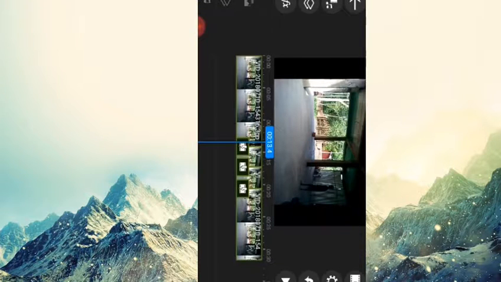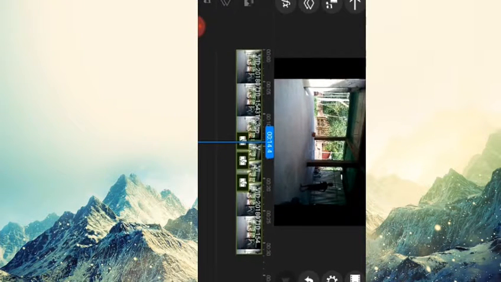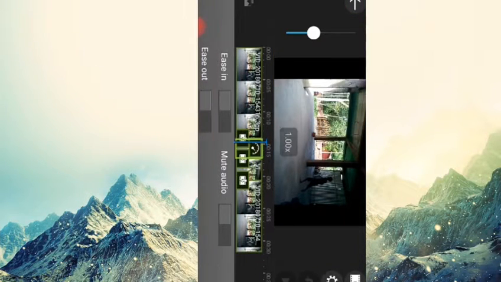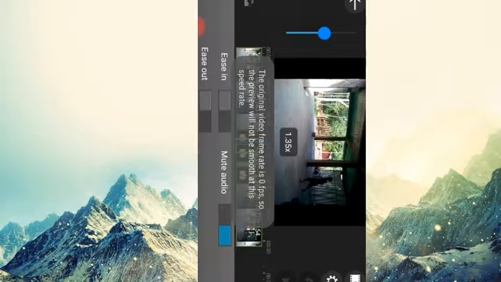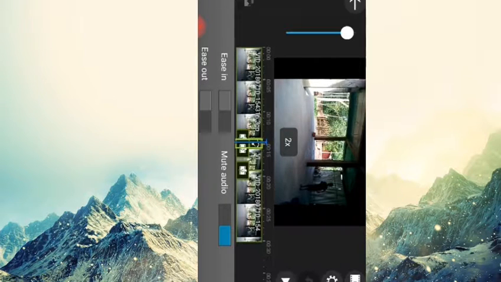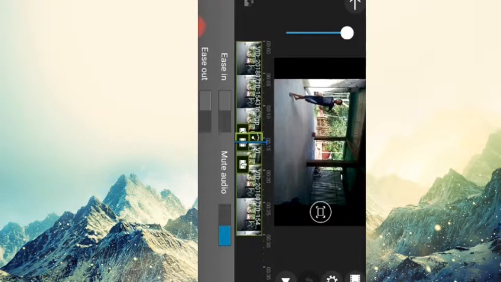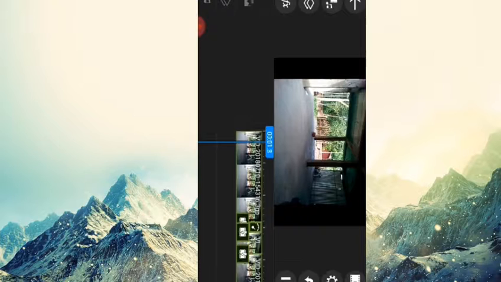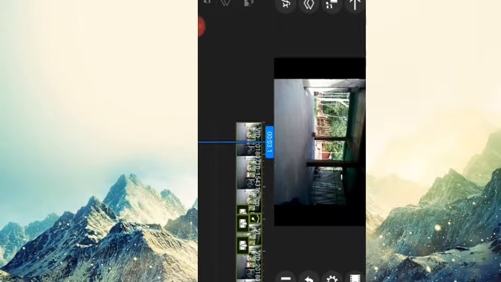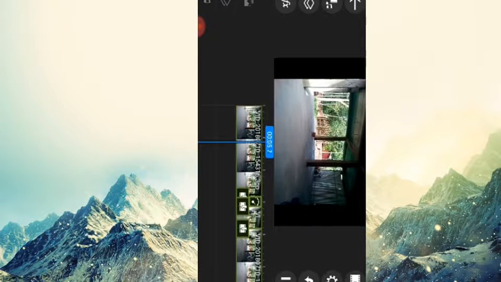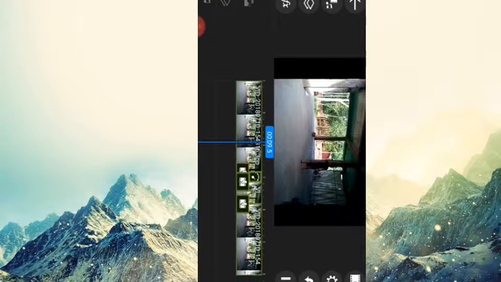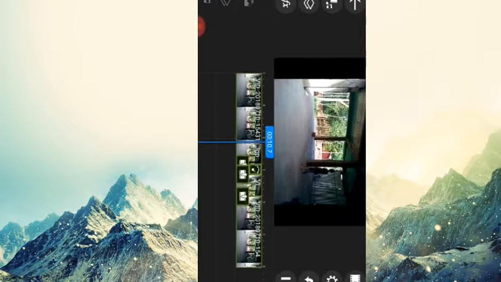and go here, click it, then click these tools, then click the speed, then make it high speed, then you can play. Okay friends, see, let me show you in the first, friends. Like this,